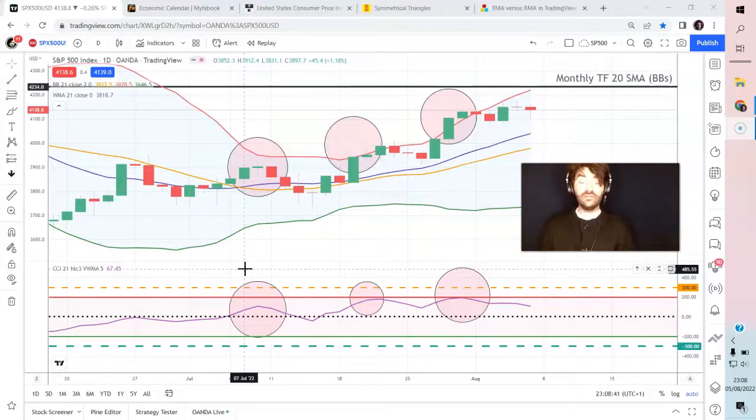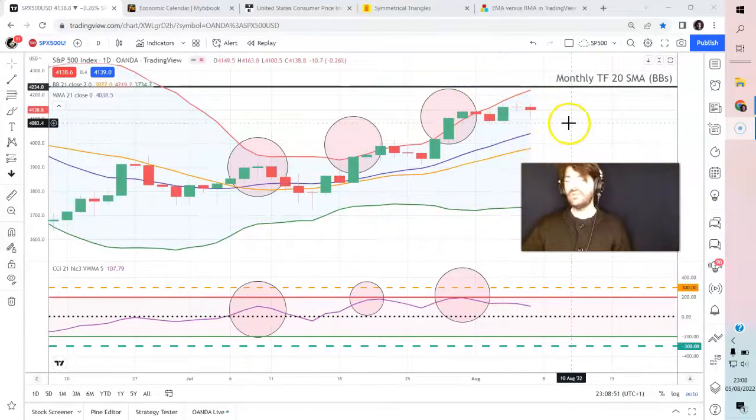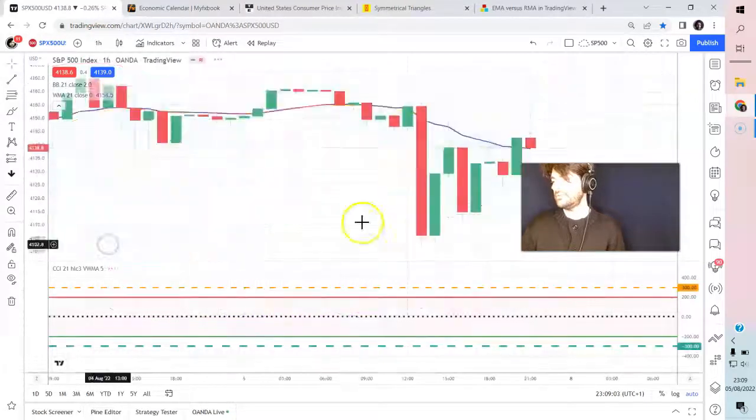This is the daily you're looking at now, and you can see that yesterday's candle was a perfect doji right there, and it's been a very tight day today as well, but there's been a little bit of a move to the downside. Really, just looking at that doesn't give you a sense of the intraday action. So if I go to a smaller time frame like the hourly, you'll see that there's quite